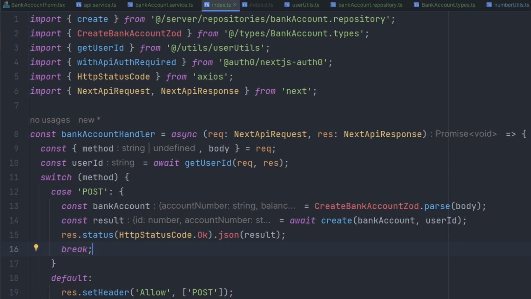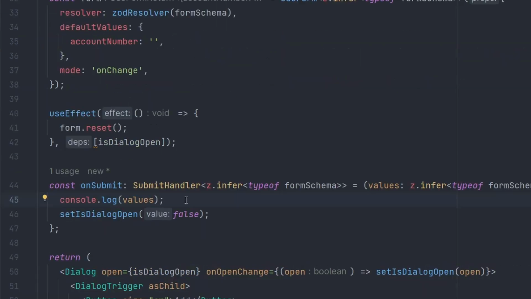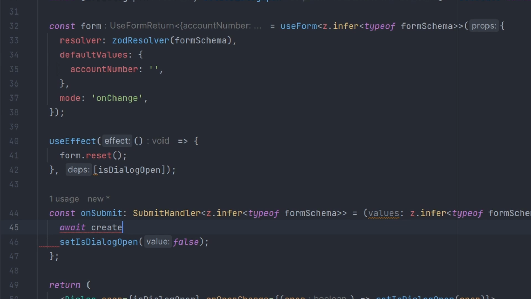So from the backend side, we already created a bank accounts API handler, which will handle the post requests for creating bank accounts. And we created a repository which will actually insert that bank account into the database. Now we need to call this API from the frontend. And if you remember, we already created a create bank account service in the frontend side, which calls this post request, but we haven't called it from our bank accounts form. So technically, what I could do is await createBankAccount,